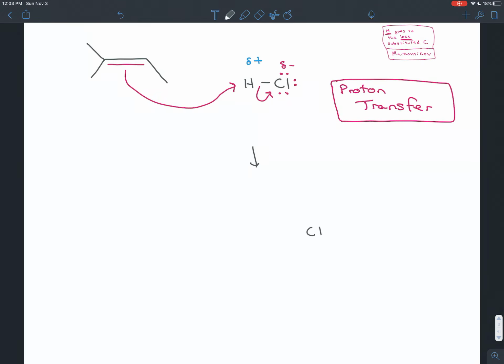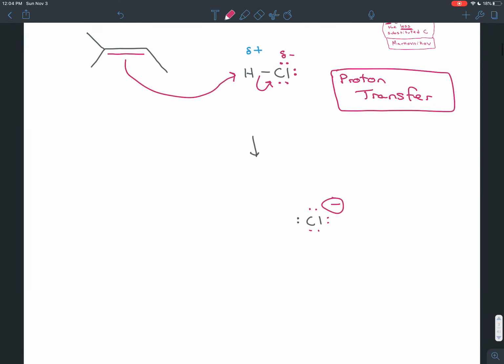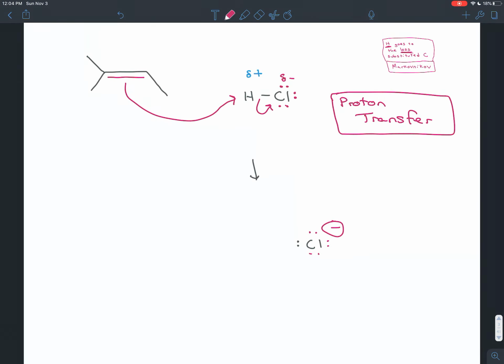So after that step, we're definitely going to have a chlorine with a full negative charge. It has the 2 electrons that it just got from the bond, plus the 3 lone pairs that it had before. That gives it a full negative charge. So that's looking like a strong nucleophile now. Next,